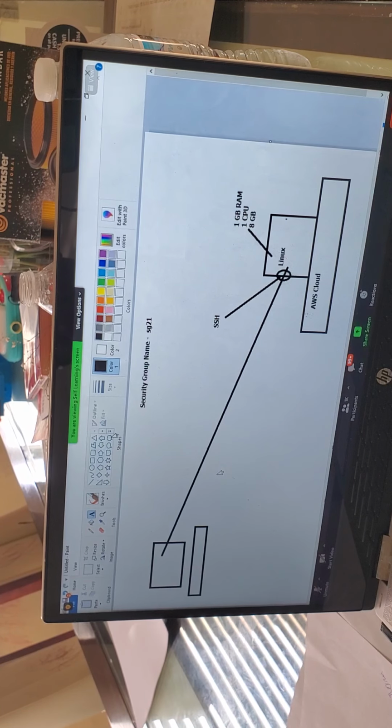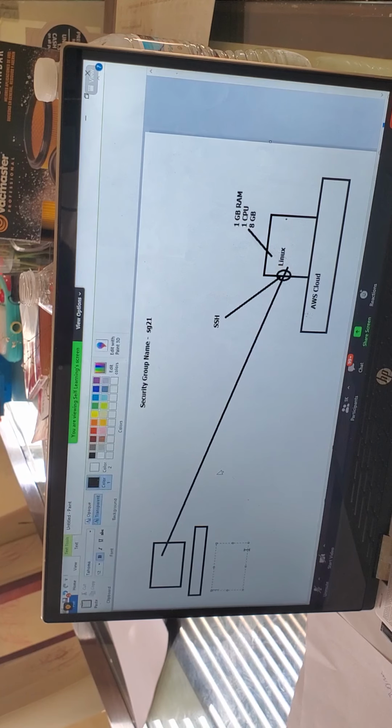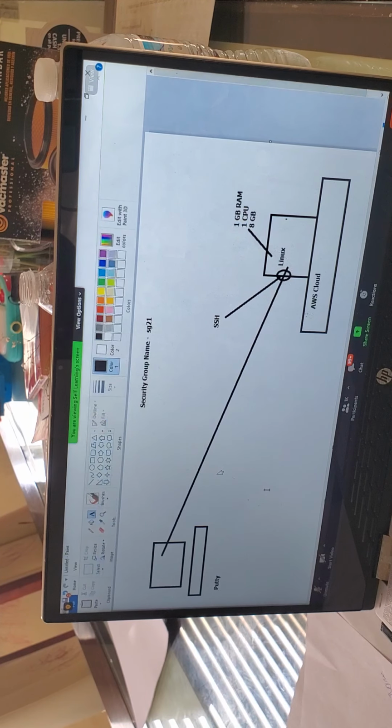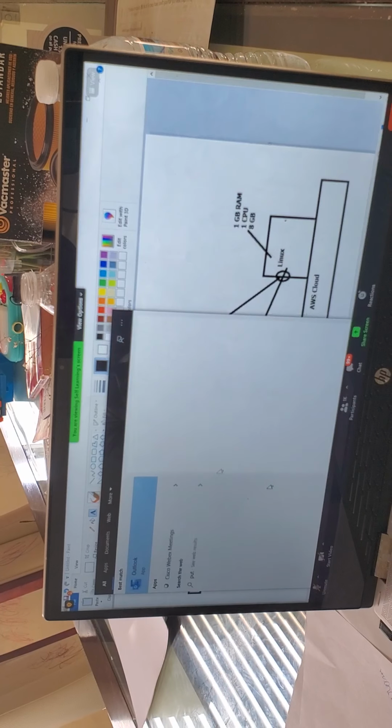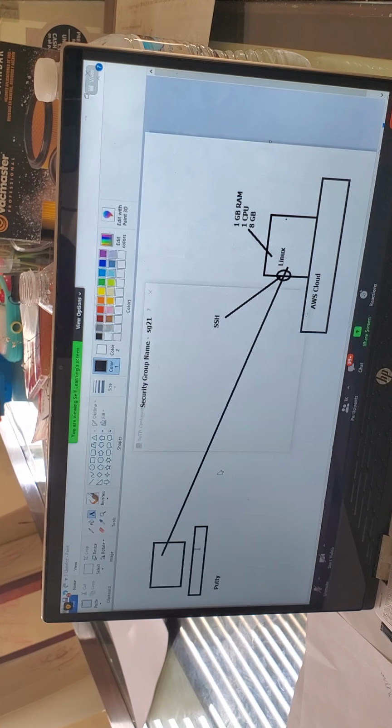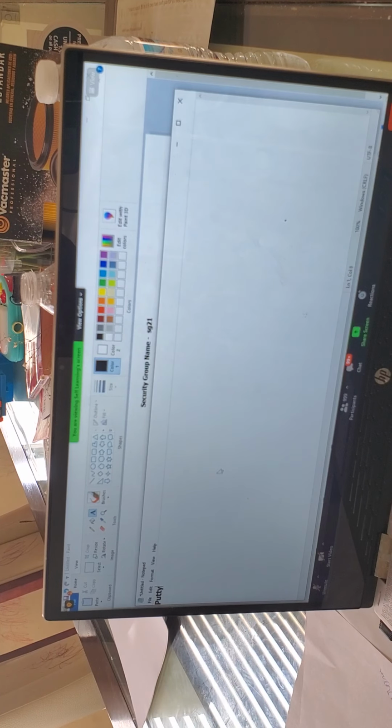How to connect to the Linux machine? To connect to the Linux machine, we need a terminal called PuTTY. In the last session, I already downloaded PuTTY. I have shown you. I'm not repeating it again. PuTTY is the terminal which is used for connecting to the Linux machine. PuTTY needs what file? Very important. You have to revise, not just attend the sessions, to get the best of the training.